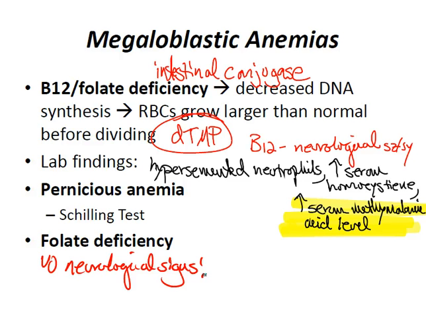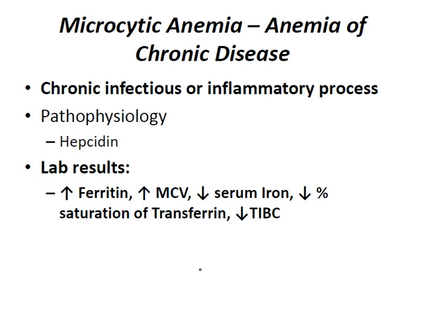And that pretty much covers megaloblastic anemias. So let's talk about anemia of chronic disease, one of the microcytic anemias. Now, anemia of chronic disease occurs in the setting of a chronic infectious or inflammatory process. It is one of the most common causes of anemia in hospitalized patients. So common causes include chronic infectious processes like TB,